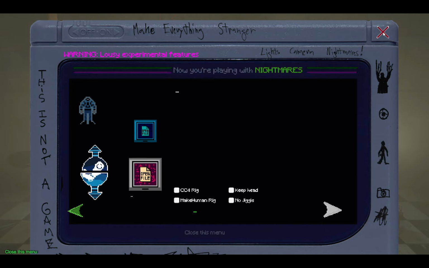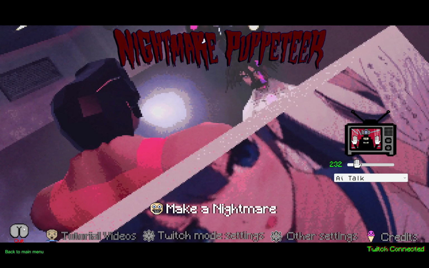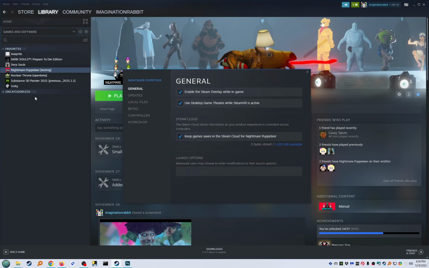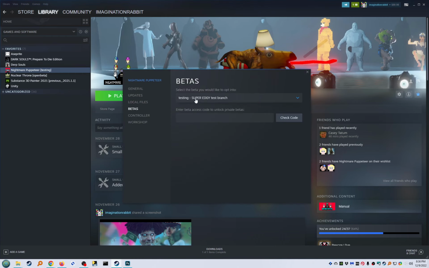And then, let me quit. So the last thing, if you want to use this right now, in the future, this will be in the default branch, but right now, as of December 9th, 2022, it's in the test branch. So to access the test branch, you go to Steam and you right click on the game and go to properties and go to betas and then use the testing super edgy test branch. It'll have to download again. Hopefully it's not 800 million gigabytes, but if it is,